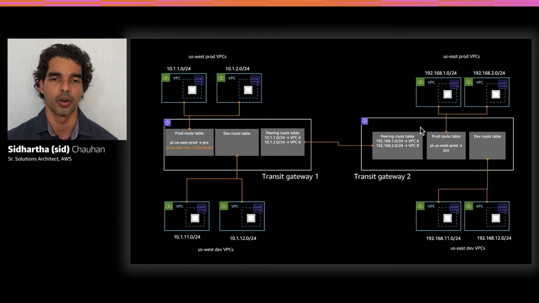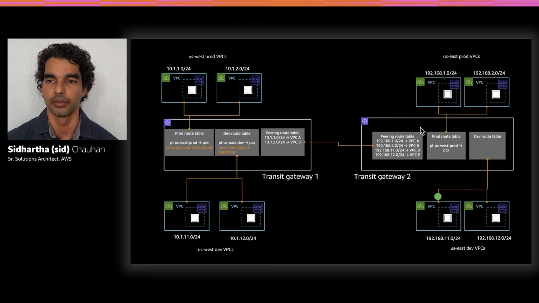Let's see how our dev VPCs can talk to each other. So the traffic originates on the dev VPC and goes to the dev route table. Very similar logic. If it's destined to a dev VPC, we want to send the traffic to the peering connection. But if it's destined to a prod VPC, we want to drop it immediately. So we add that logic in there,